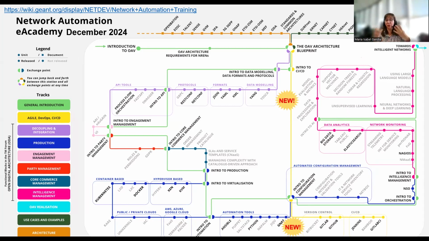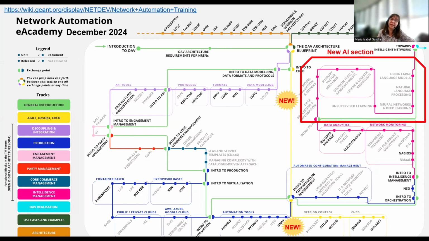Another new thing we're doing now is that we have external collaborations, for instance, from the Indiana University and also from the So Big Data Academy. And we have also created a new track on artificial intelligence inside the intelligence management line. Because artificial intelligence is now used everywhere, we are using it all the time. And we found it very useful to have more information on artificial intelligence.